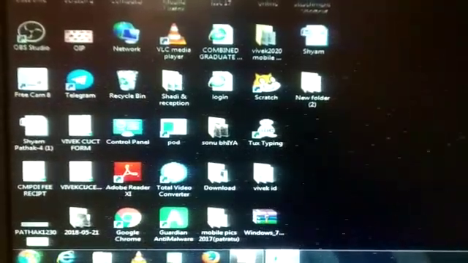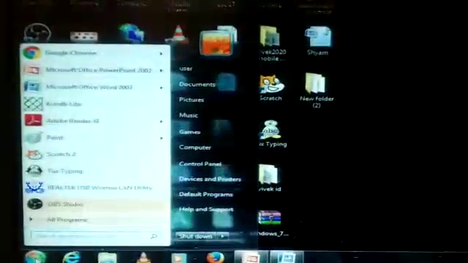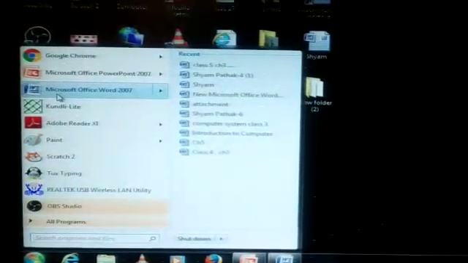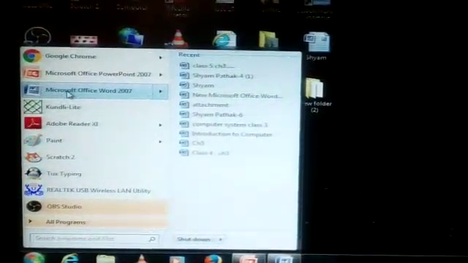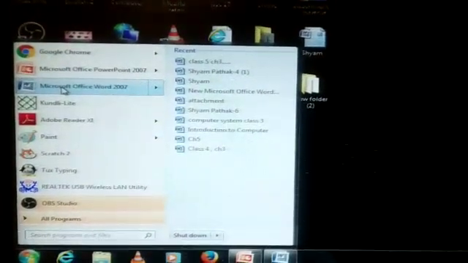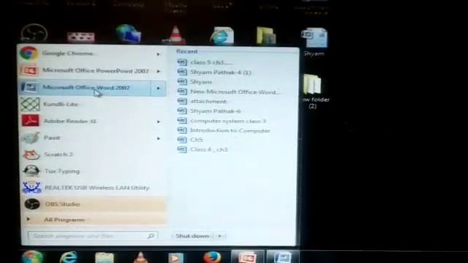First you go to this Start button, click here, then directly here MS Office Word 2007 is here. You can click here, then it will open, or otherwise if it is not there, then click on this Start button, then go to MS Office.